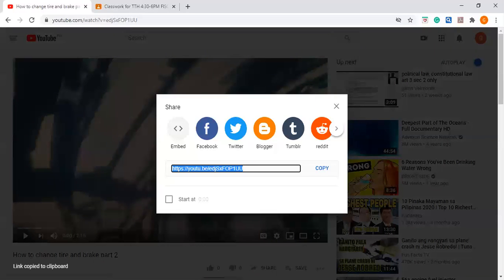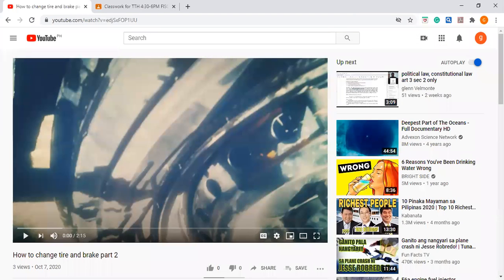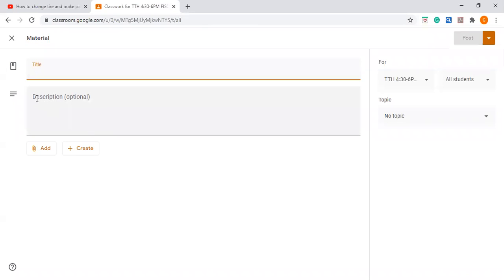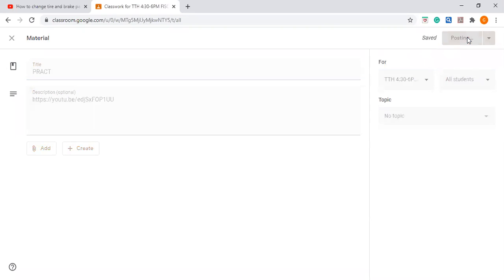You will know it because the computer will indicate that it's only the link, and you post it here. Right click and then paste, and then put a title. Okay, let us say practice. So you post it so the students can see it.